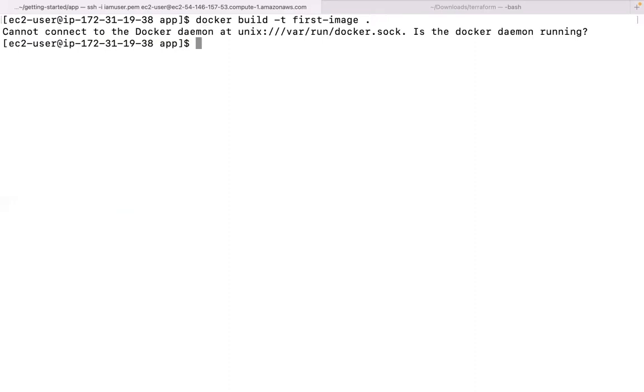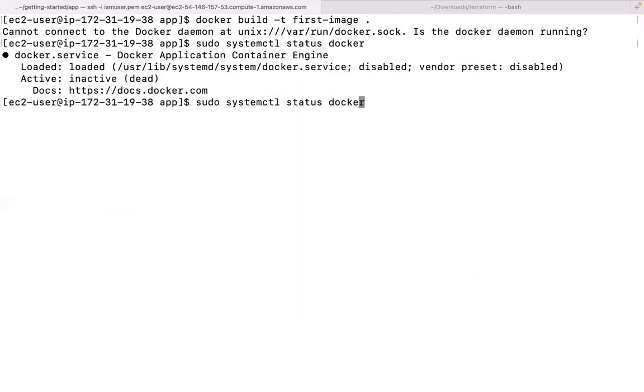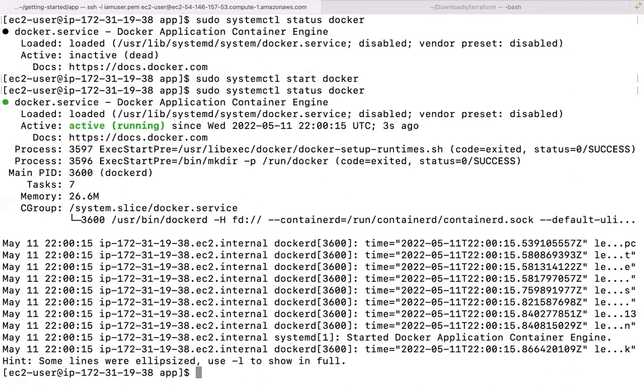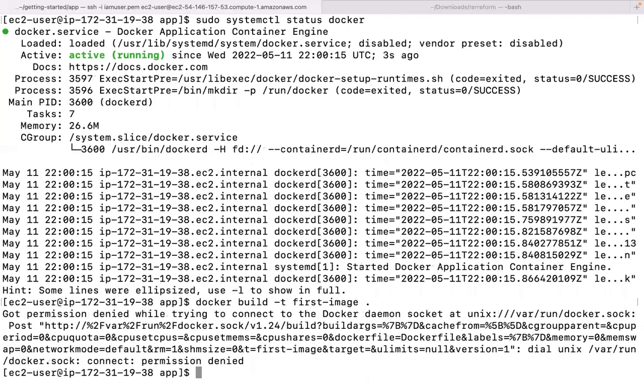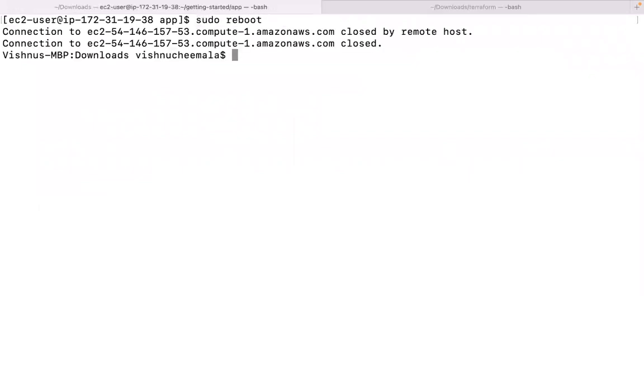Can't connect. Is Docker running? Let's go ahead and verify. How can I verify? Okay, it's not running. Let's go ahead and start it. Now it's running. Let's reboot the system.